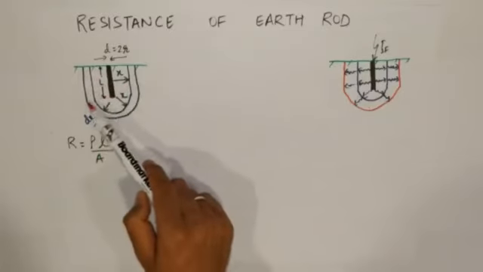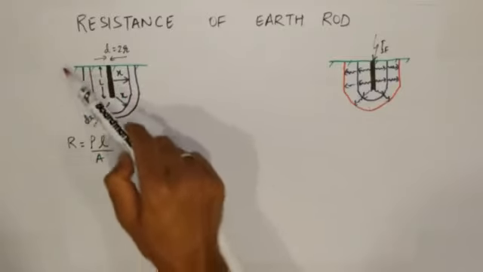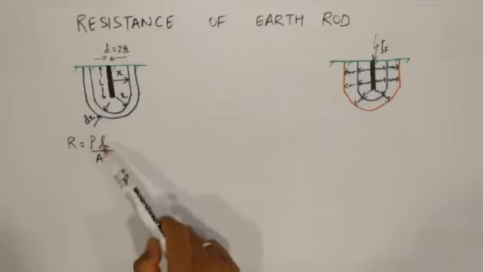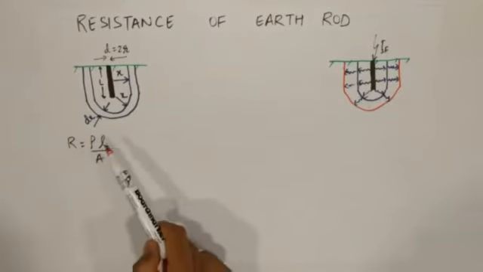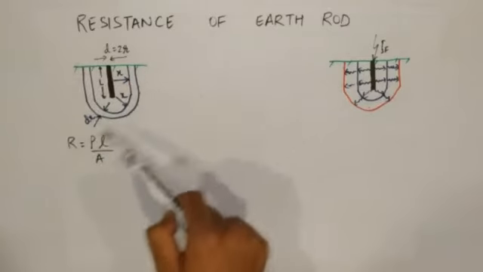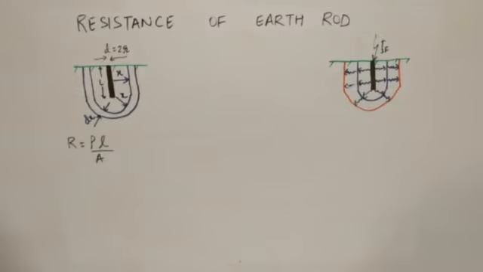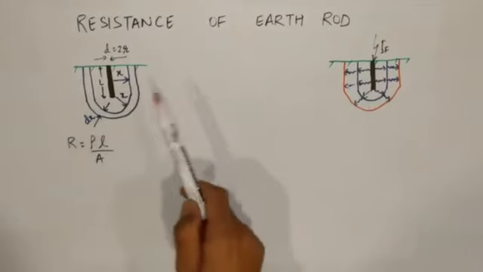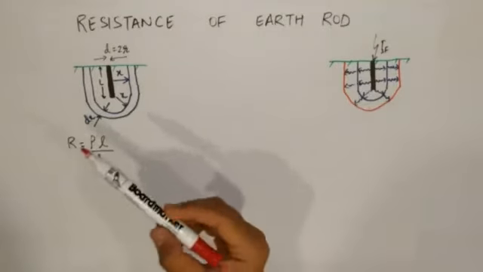Now as the radius is changing, the area is also changing, so we cannot define a direct formula here. If you cannot write a direct formula, then you need to add all the formulas for different equipotential surfaces offering resistance with respect to remote earth. So what we are doing, basically adding means we are performing an integration. So let's do the integration for this type of electrode.